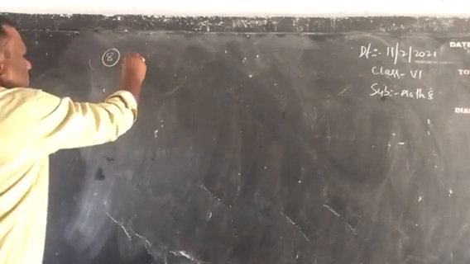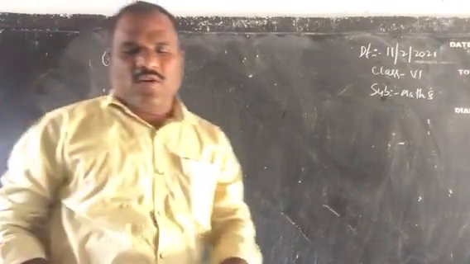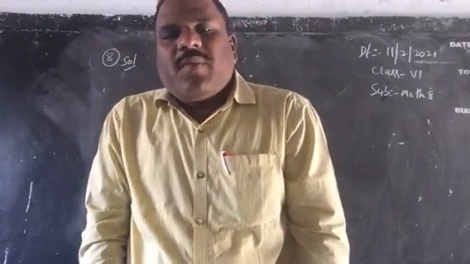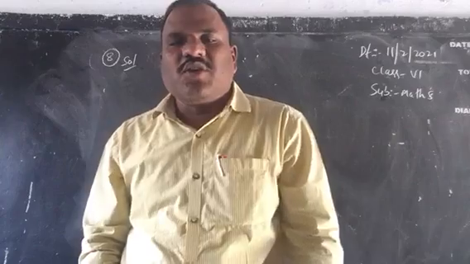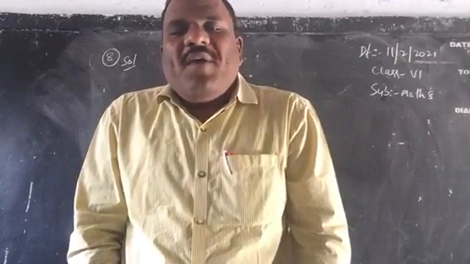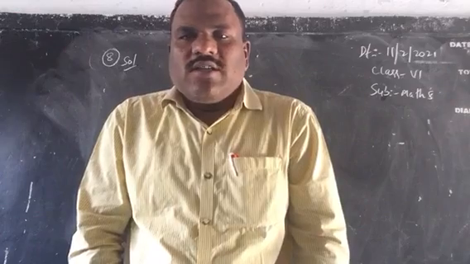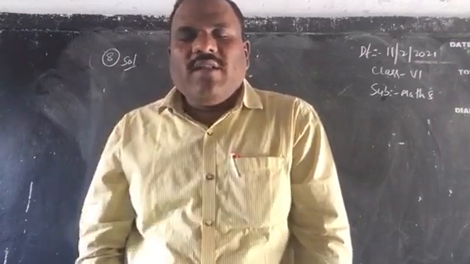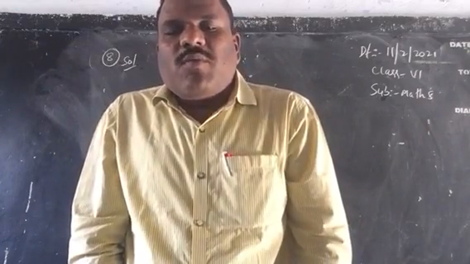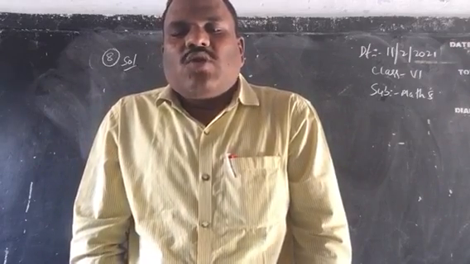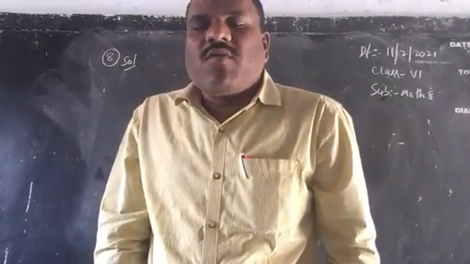Solution. See, what is question number 8? A farmer has sheep and cows in the ratio 8:3, children. How many sheep has the farmer if he has 180 cows? Now find the ratio of the number of sheep to the total number of animals the farmer has. And find the ratio of the total number of animals with the farmer to the number of cows with him.